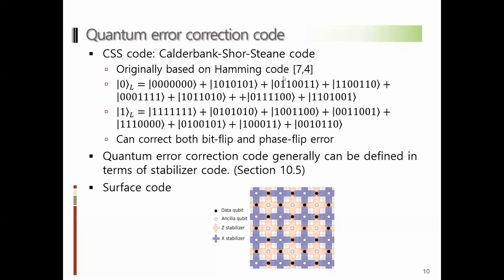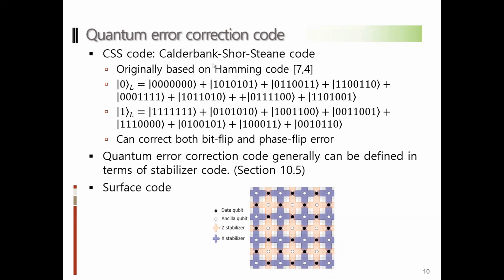And along the same line, CSS code also uses more qubits than 7 qubits. But the reason we are using 7 for this case is basically based on the idea from the Hamming code. And this is kind of a minimum because